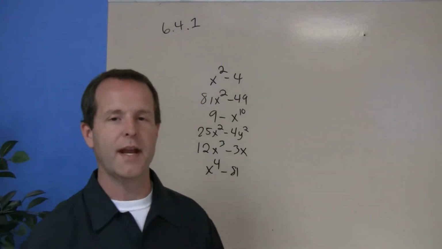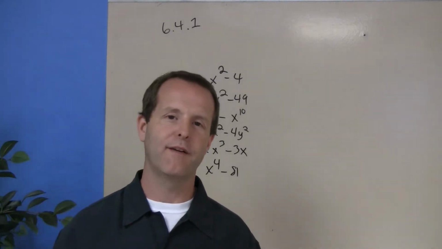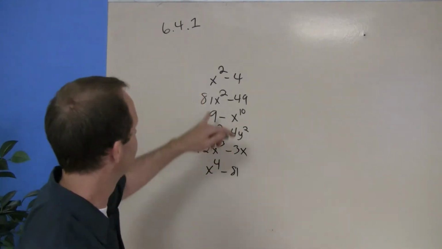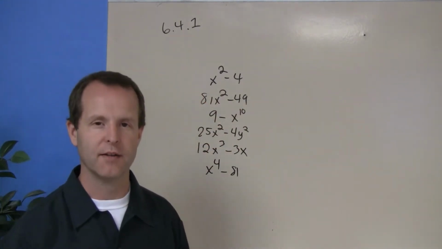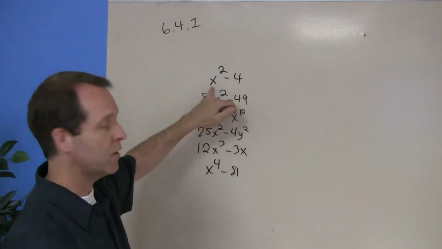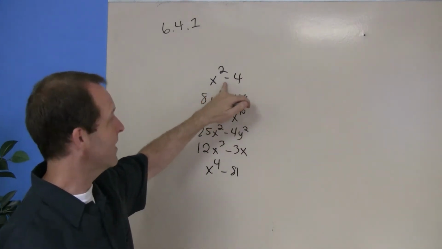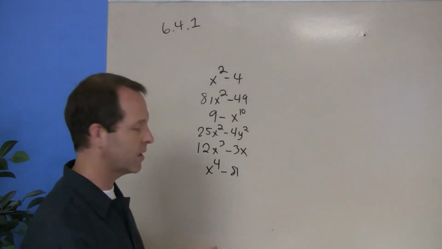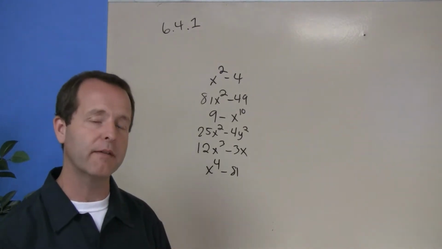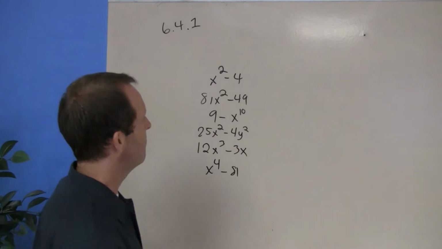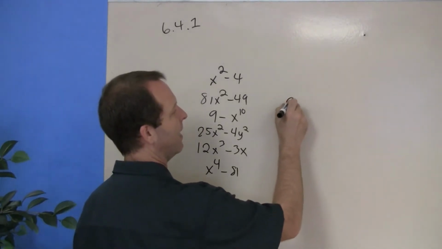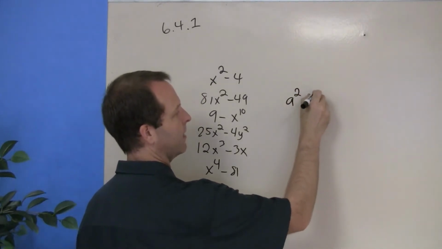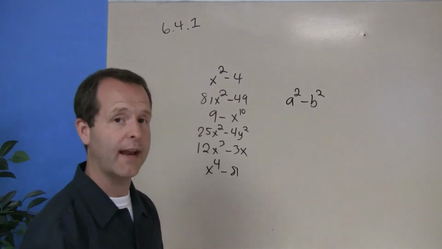One of my favorite ways to factor is when I'm able to identify a particular object as a difference of two squares, which means that the first term is a square minus a second term, which is also a perfect square. And so I wrote several examples on the board that have a little bit of a feel like that. Basically what that means is that if I have something squared minus something squared, and I want to factor that out,